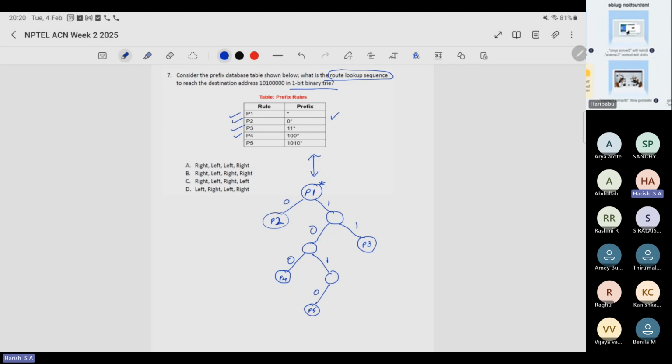So when you look up something, in the sense, you are getting a packet inside this